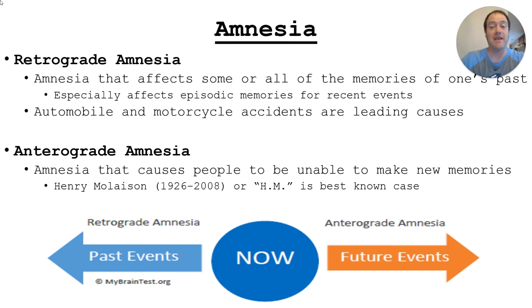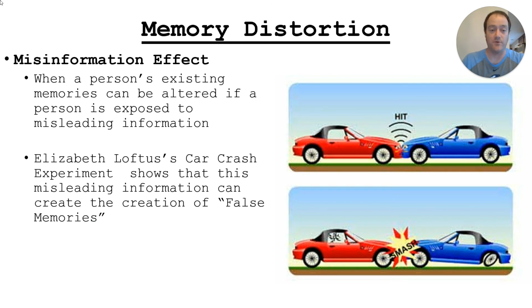So he was unable to make new memories for the remainder of his life. And this happened in the late, I think, 50s or 60s. So he went almost 5 decades with not being able to make new memories. He would wake up every day and realize that something was wrong. It was a crazy case, but that's anterograde amnesia. It's not being able to make memories and move forward. This is pretty rare, but if there's severe enough head trauma or if the hippocampus becomes damaged in any way, then you may have anterograde amnesia moving forward.